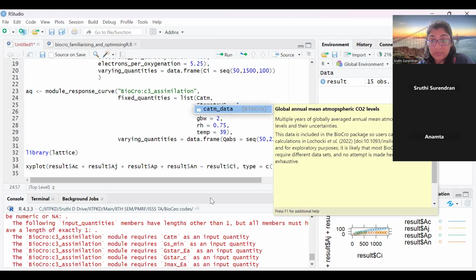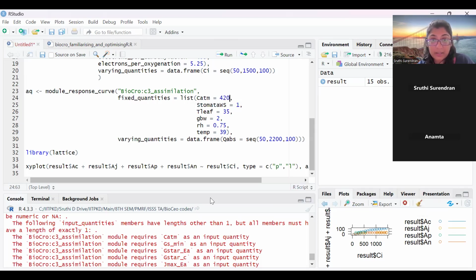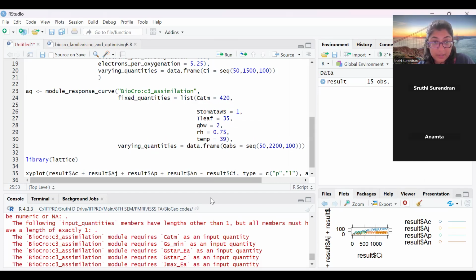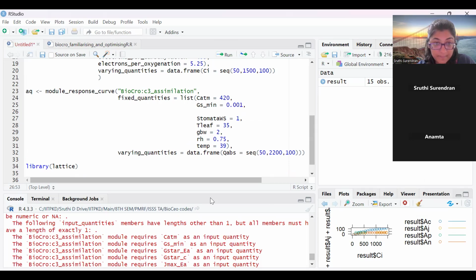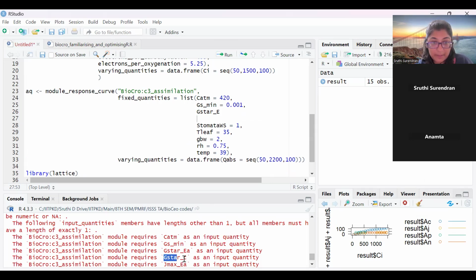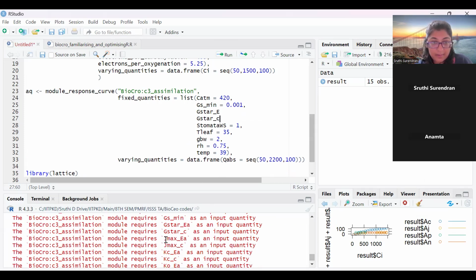CATM is equal to 420. Then GS minimum is equal to say 0.001. Then G star EA is equal to, let me just put all the parameters here, list it all here. So it's here, Jmax EA,